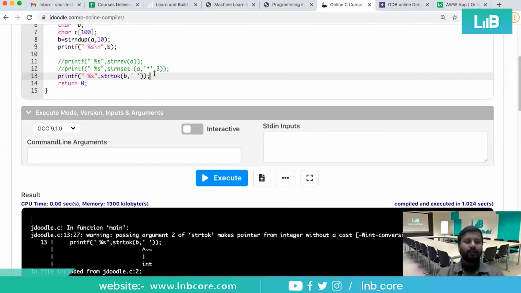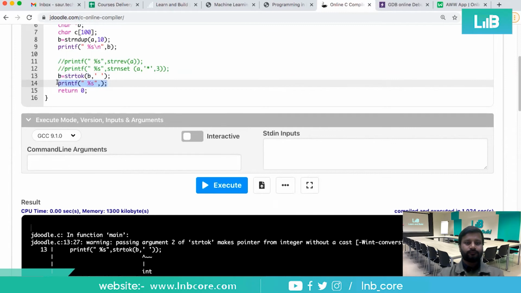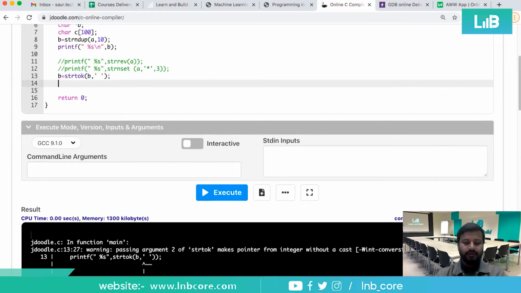So now after reversing the string, let me put that into a variable, b is equal to this thing. So this is what is going to be returned into a variable called b. So we can put a condition: while b is not equal to null.